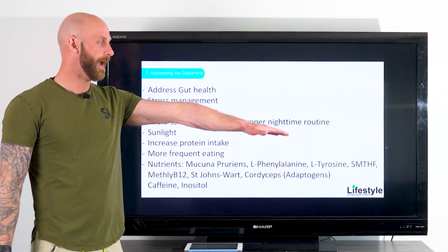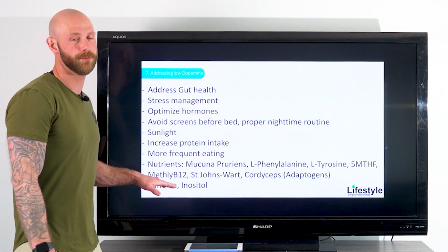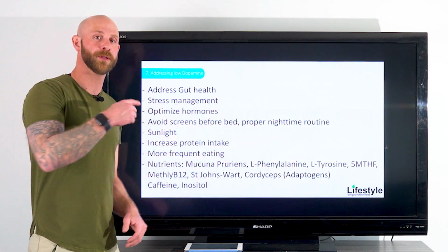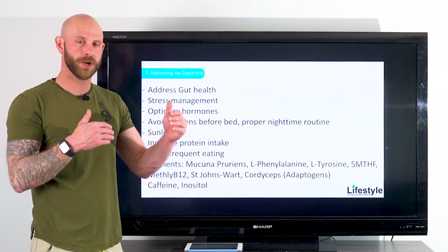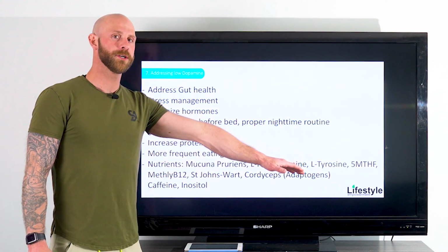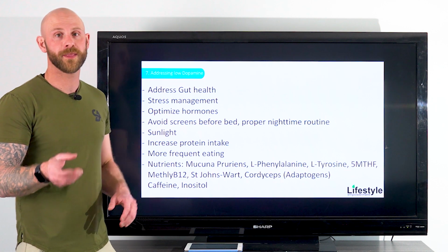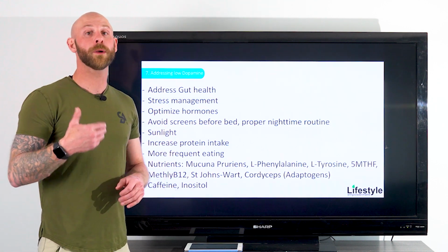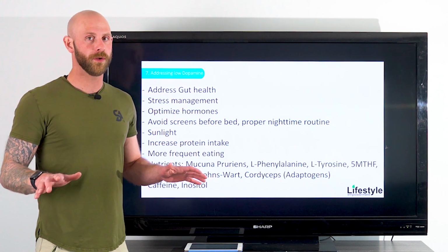So by ingesting extra 5-MTHF with methyl B12, because you want them in the right ratio, as you increase that, you'll deplete B12. So then you'll skew the ratio and you won't actually methylate properly. AOR, Advanced Orthomolecular Research, they actually make a really good one. I found that's a great ratio of 5-MTHF to methyl B12 for improving dopamine production and just overall methylation within